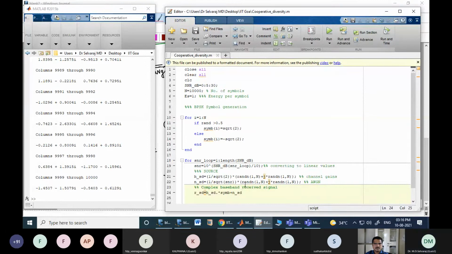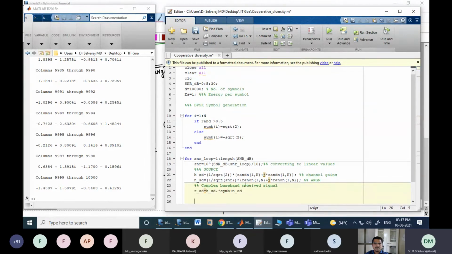We got it. Now again, the detection side I have to go. Before going to the detection side, maybe on the transmitter side, I'll create another set of expressions for the relay also. The relay expressions are going to be just the same as those of the source. Audience, if you have any doubt, please feel free to ask.